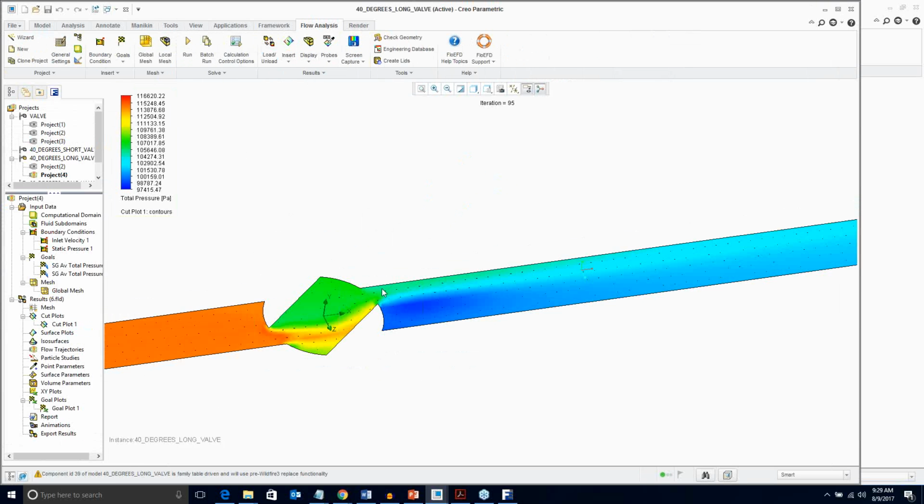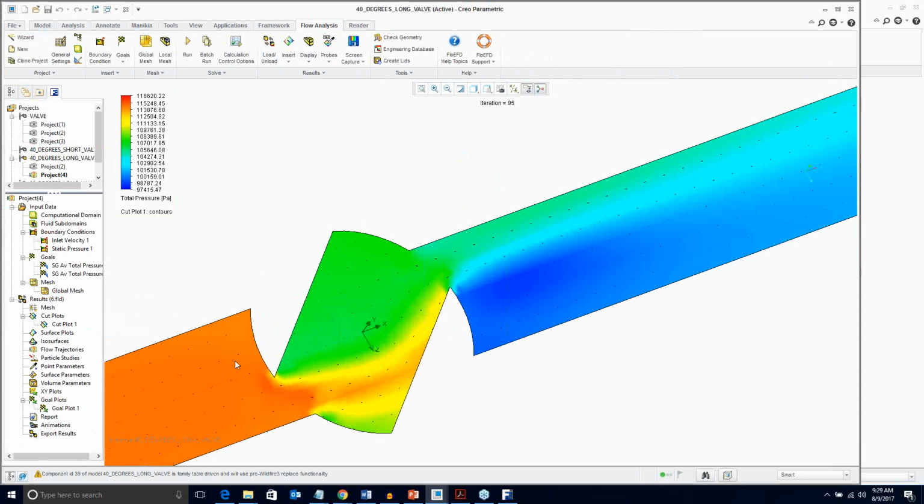Now, if I want to export this to an FEA software so that I can run a stress analysis on the steel that's going to build this ball valve, so I can see how much stress is going to develop in the steel based on the pressure pushing on this,